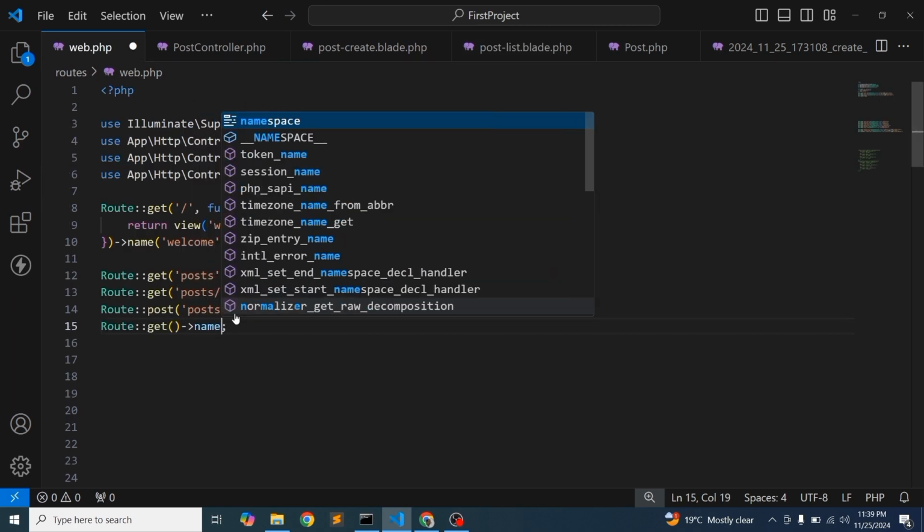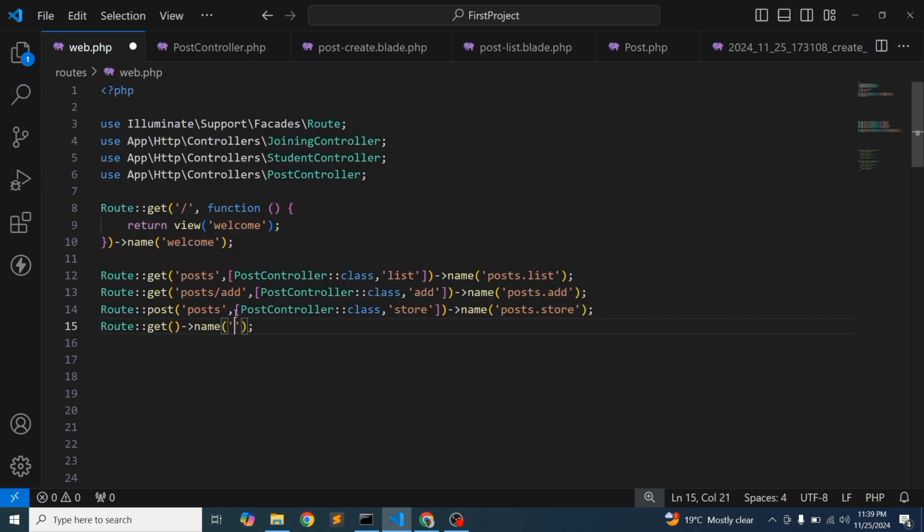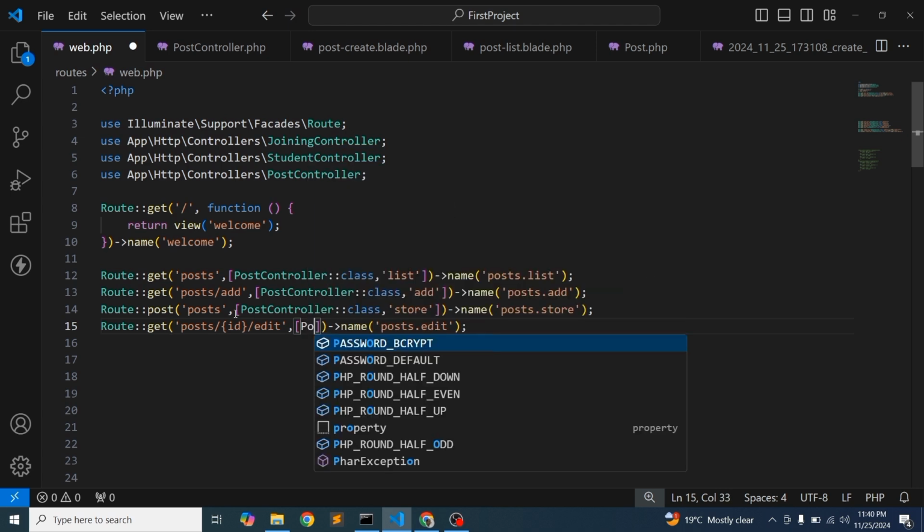Simply write name post.edit. And here just provide the link, means how to write: first of all post, and then just provide the id. This will be dynamic, that's the reason we're using it inside the curly braces, and then edit. And let's call the function, that is the post controller,